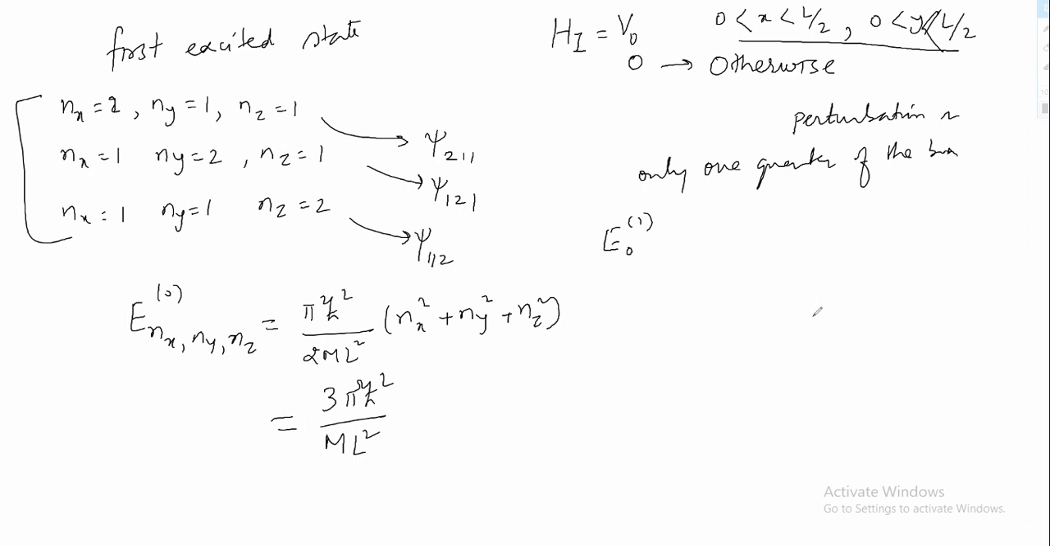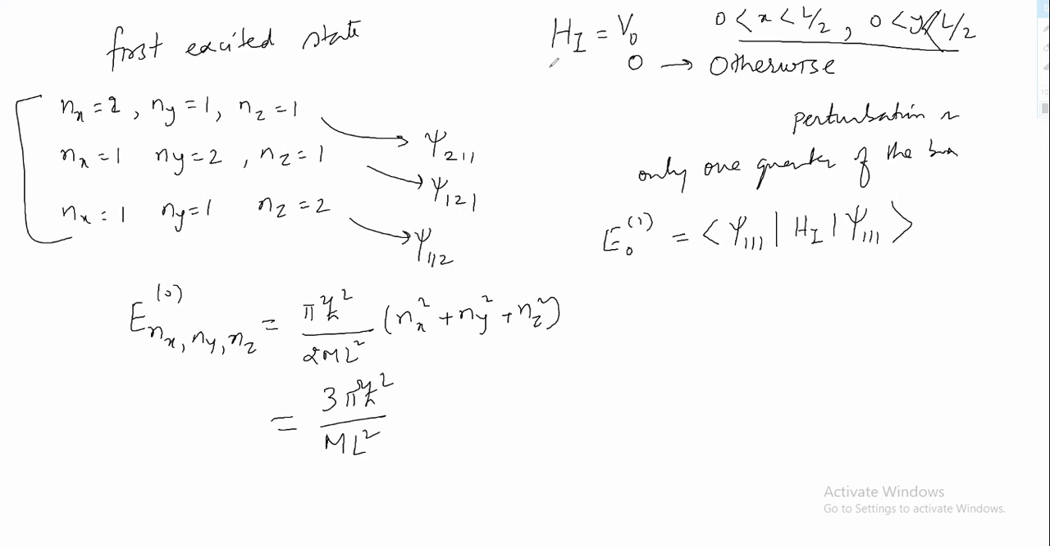And what will be the first order correction to the energy? This will be psi 1 1 H' psi 1 1, because still we have the ground state wave function, and then for the excited state we will have a separate equation where psi 1 2 1, psi 2 1 1 and psi 1 1 2 will come into play. But when we are switching on the perturbation, first there will be a correction to the ground state energy, and then we will consider